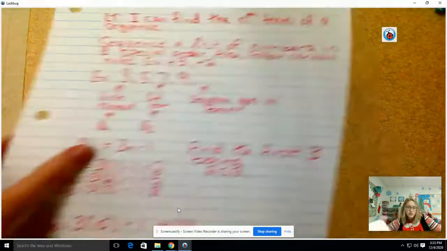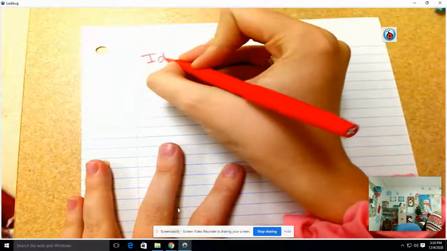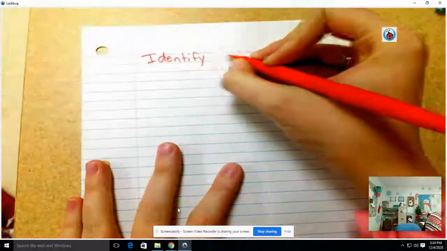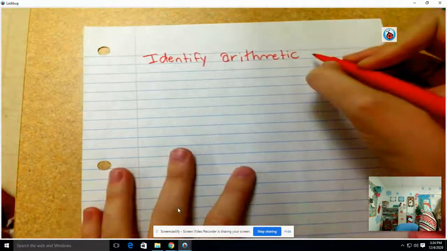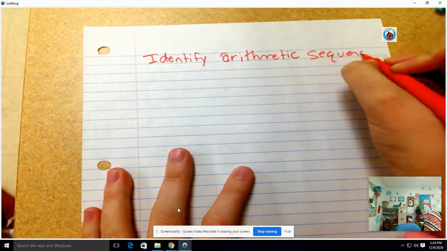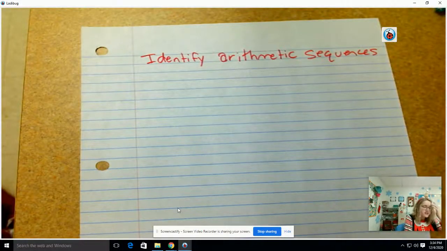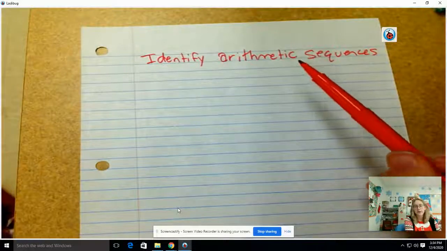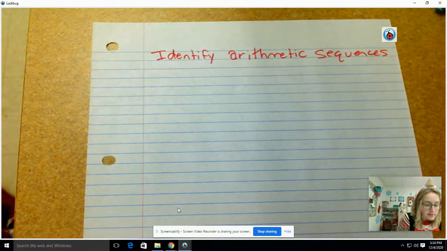Okay, so after we have that, we're going to move on to identifying arithmetic sequences. This is one of 4 parts of a big learning target. I will post a learning target in Classroom, but it's too much to write out for our notes. So for arithmetic sequences,